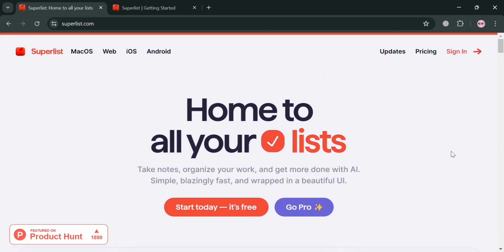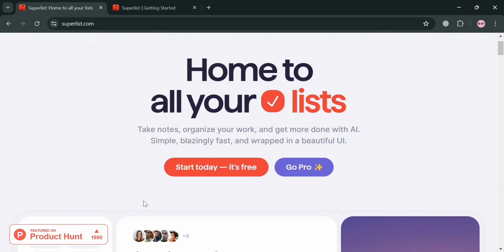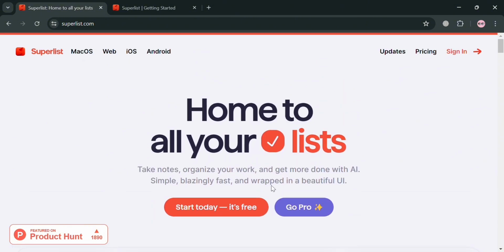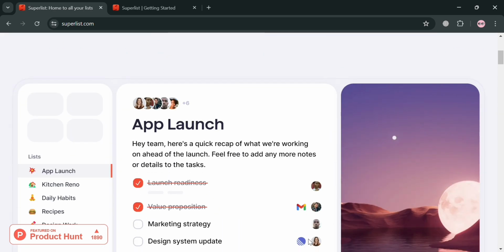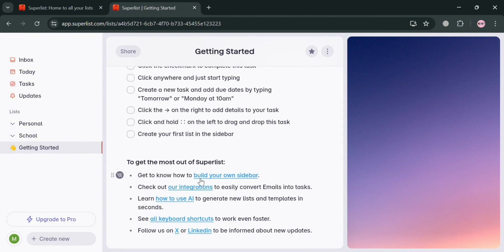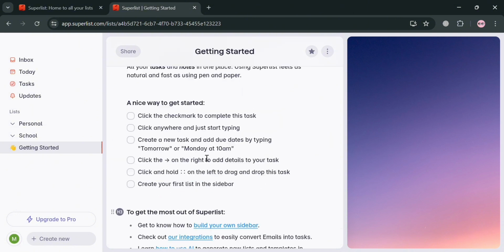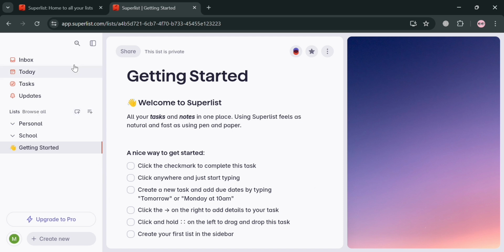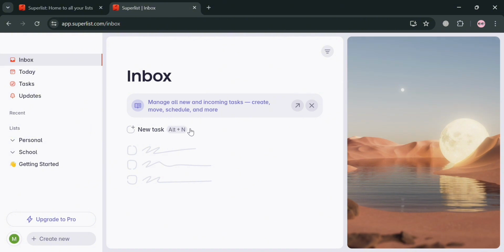Now, to get into your account on Superlist, you can click the sign in button on the top right corner and sign in to your account here. After signing in, you will be directed to this page. You will see on the left side panel some of the options that you can start navigating. However, under Getting Started, it will show you some tips on how to get started with this platform. On the left side panel, you can navigate other options including inbox, today, task, updates, and many more,